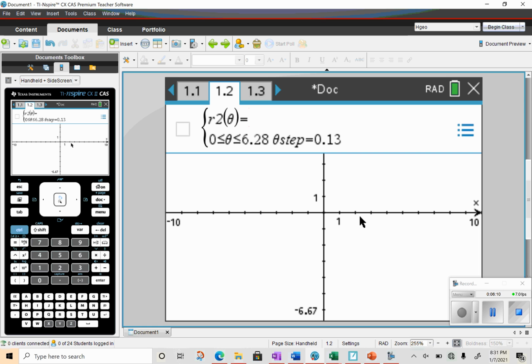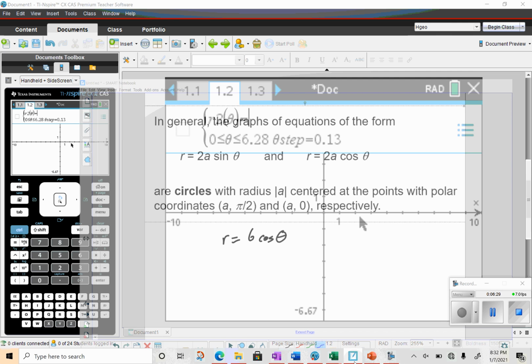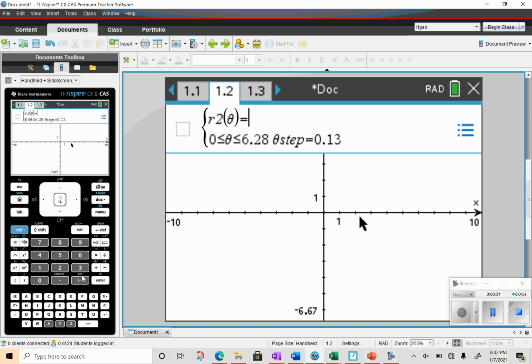Now that second line, we'll get to that in the next lesson. But in this case, notice here how this is not f of x. This is some kind of a function here, r of theta. Now if I go back to my notes here, say I want to graph r is equal to 6 cosine theta. So obviously the 6 from our trig,